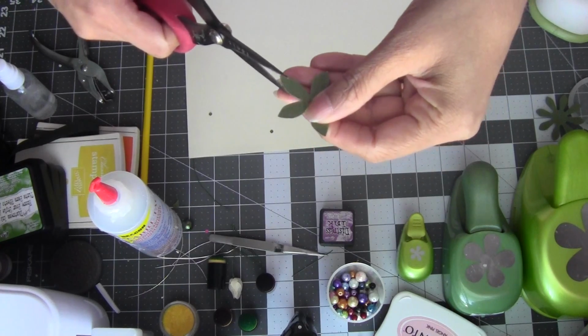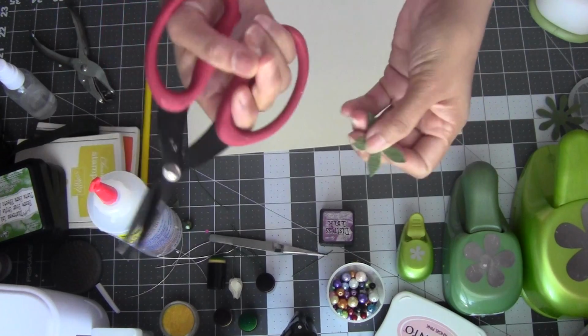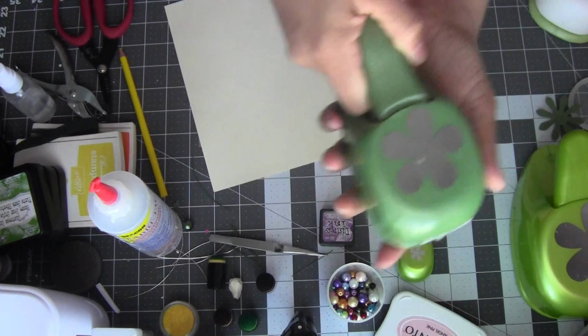Since roses have a very pointy bottom part, now we need only 5 petals using this punch. Okay,